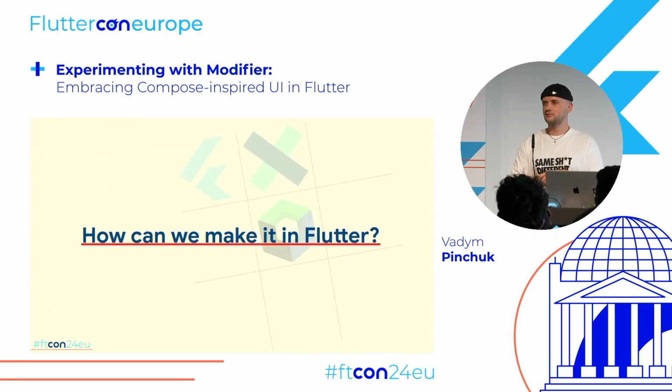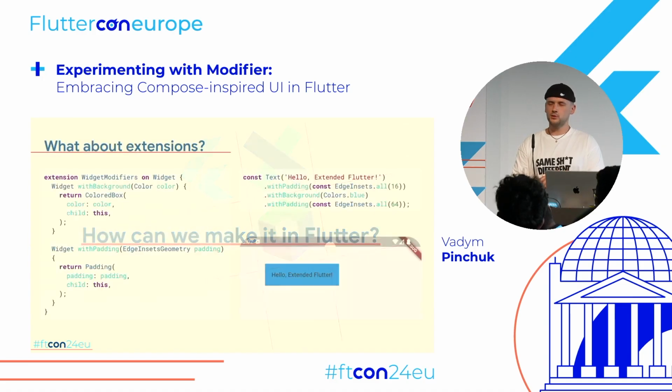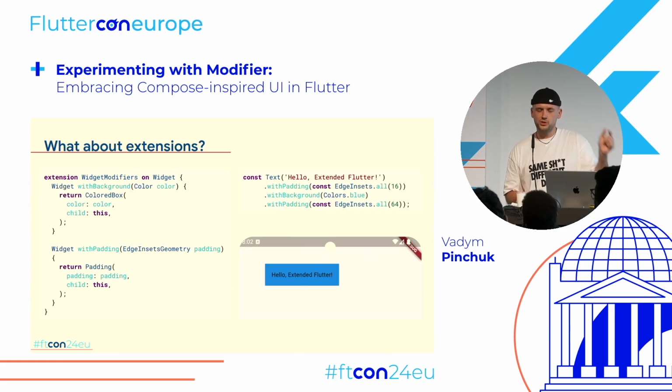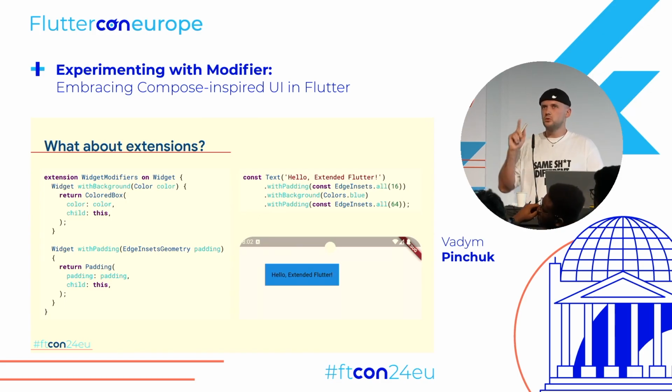How can we make it in Flutter? First and foremost, we can just use a simple language feature, extensions. Extensions are a great thing to use on an object, so we are not changing the classes. We're not changing the class behavior, but we can add super extra features. And in that way, we can have an extension on the widget to wrap our widget with some other service